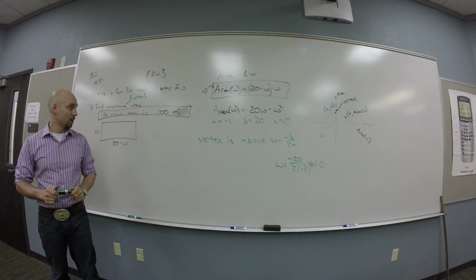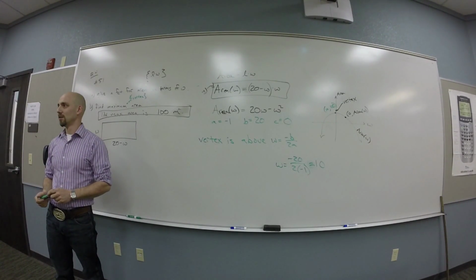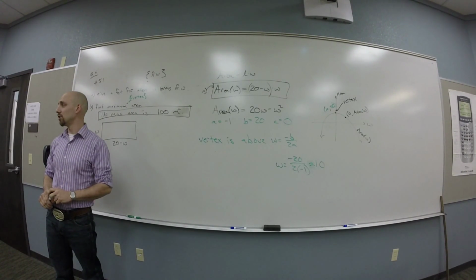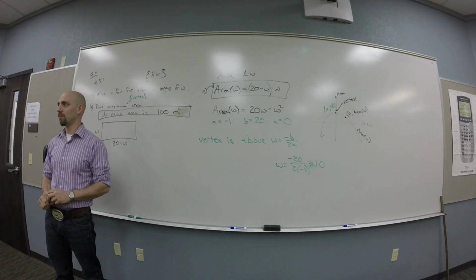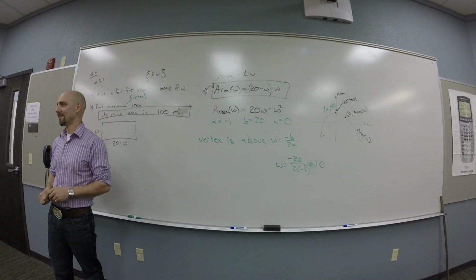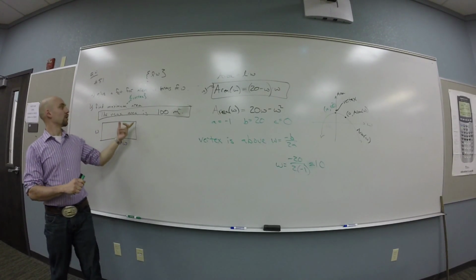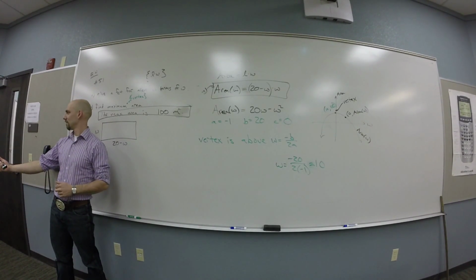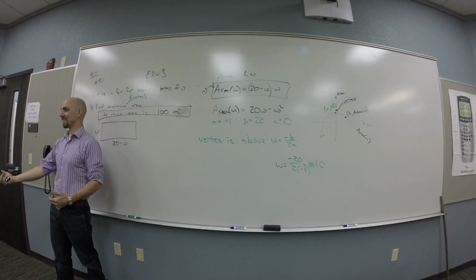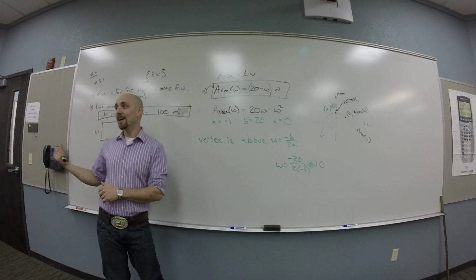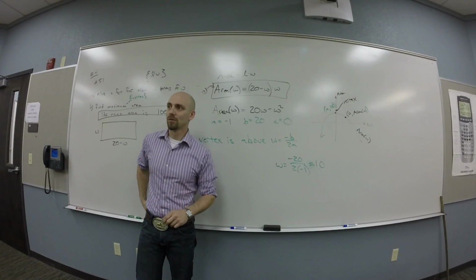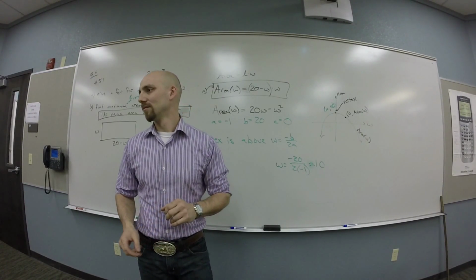Is this, of course, the thing you care about in terms of building this? Yeah, you probably want to maximize area. But if you're going to actually build this, do you care what the area is, or how to make it, right? So where do you get the width that goes with this maximum area? Yeah, it's 10. Why is it 10? Because that's the input that gave you that maximum output. You guys see that? Cool. Questions? Still totally lost, or are you okay now? Cool. Can you do